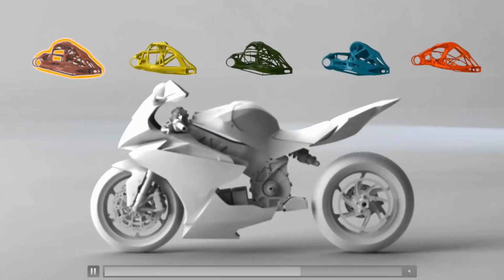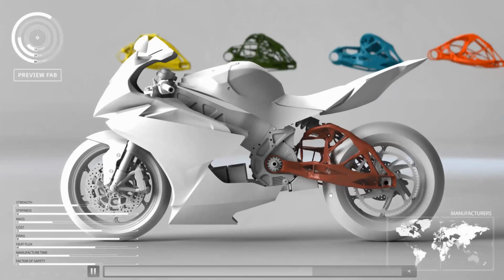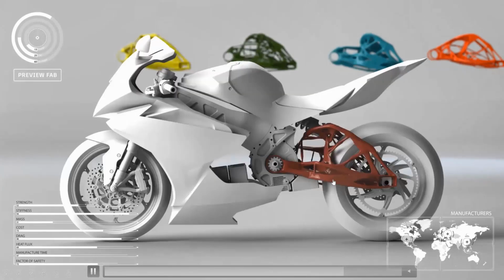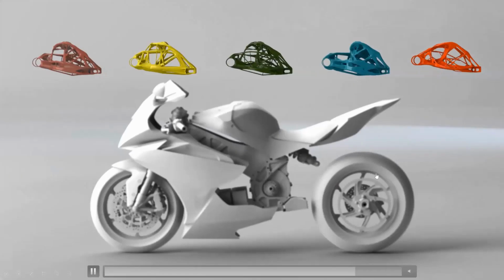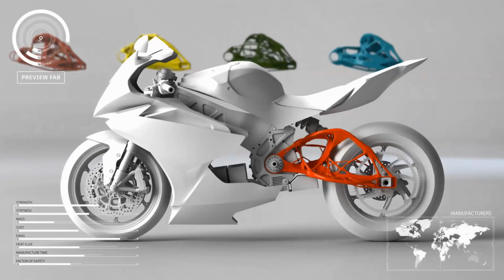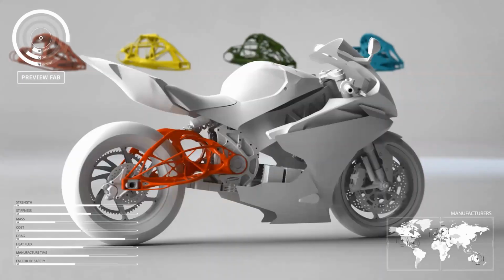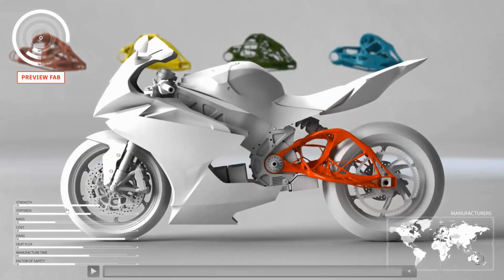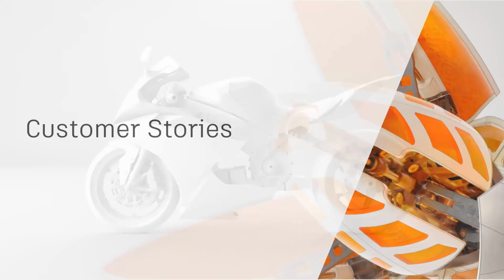And finally, they were able to come up with a shape which was a hybrid manufacturing, both additive and subtractive, which is now in production. And they were able to drastically reduce the weight of their swing arm as opposed to their baseline or original swing arm. And if you look at the calculations here, they were able to achieve this without compromising on the factor of safety. So that's the beauty of generative design.